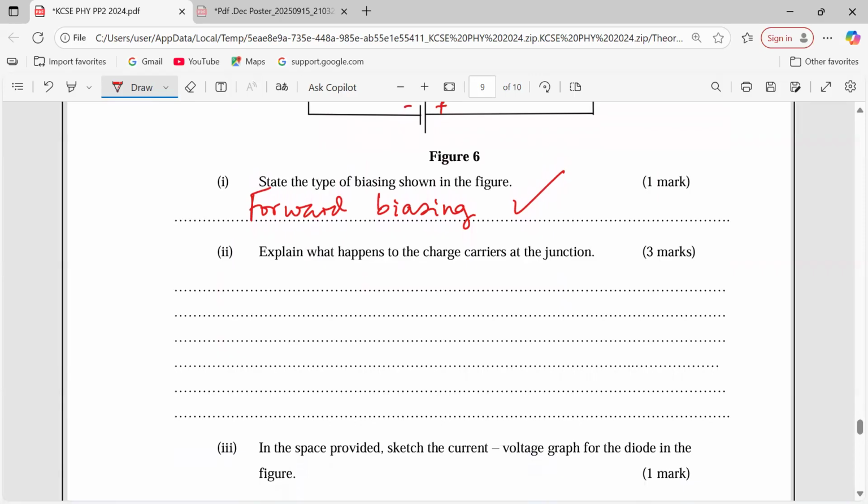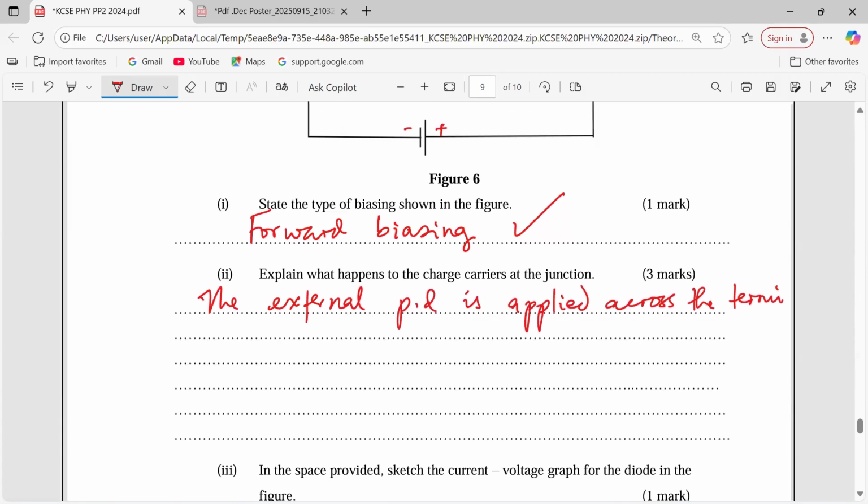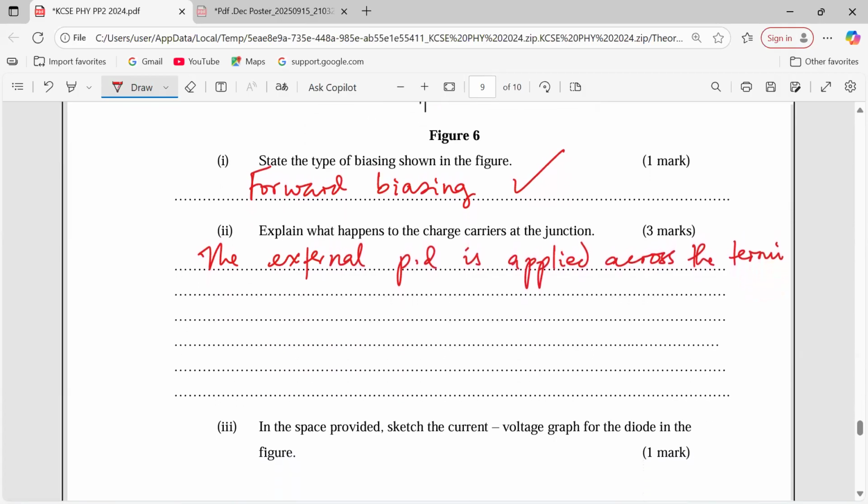We should be able to say that the external PD is applied across the terminals of the diode,